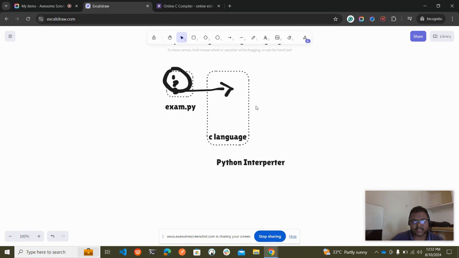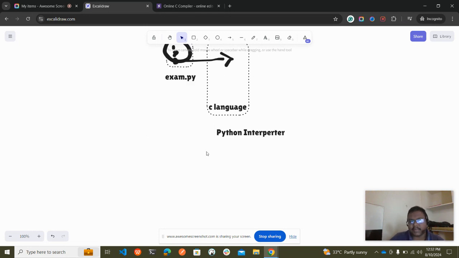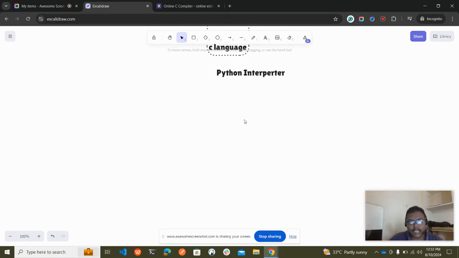And the difference between interpreter and compiler. I won't go into much detail, because theoretical knowledge is good, but they will already be teaching you in your college, right? So this is the basic difference: an interpreter executes line by line, while a compiler processes everything entirely and creates an executable file, and then that executable file throws errors. That concludes it. In case you have any doubt, just let me know, or you can watch the video again by clicking backward.